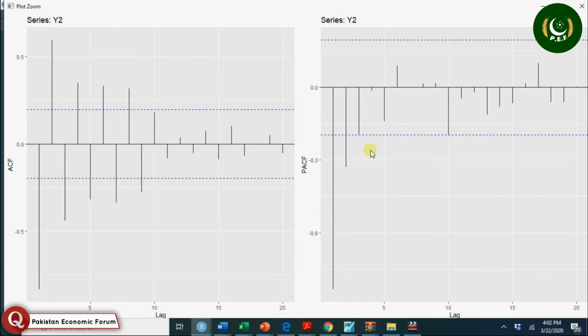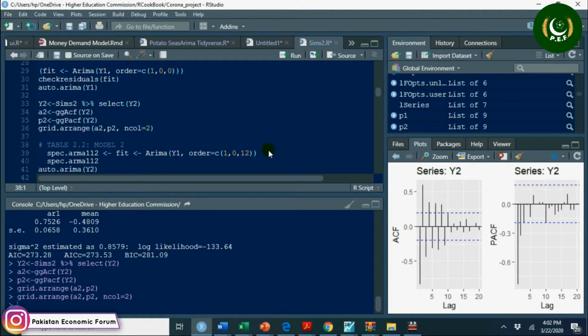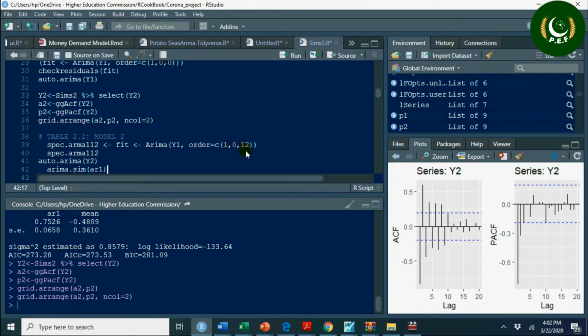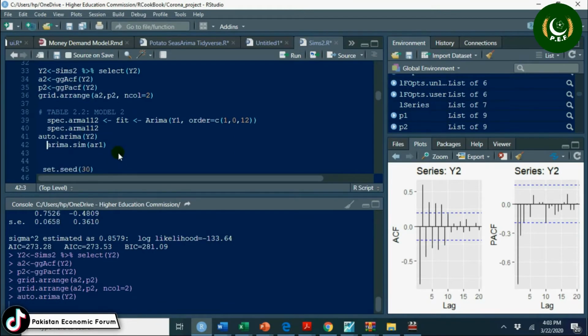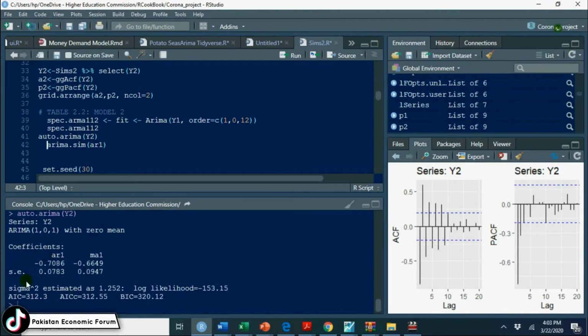So we don't know the exact model, we just try to pick the approximate model. You can apply some other model here, Y1 MA12 like this. So these are from Table 2.2 of Walter Enders, chapter 2, Applied Econometric Time Series, which I am talking about at the moment. If we select the AutoArima model, it has selected AR1 MA1.